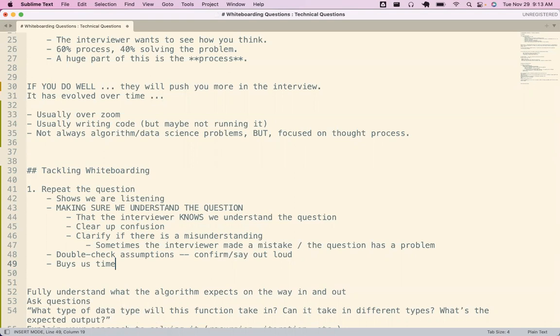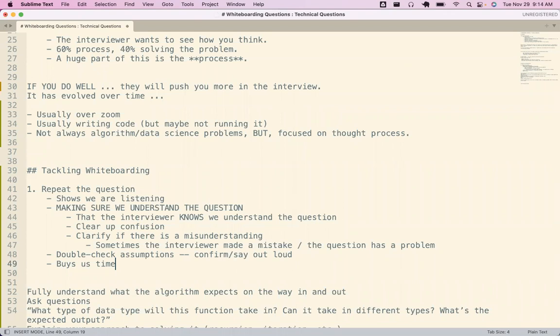especially in terms of stage fright and anxiety. It's not going to hurt to take your time to really walk through the question, and you can lay out a lot of stuff as you go. If I'm taking notes on paper, I will just tell the interviewer that I'm taking notes on paper. I'm not going to hold up my notepad and show them, but you really do want to put your whole process out there.